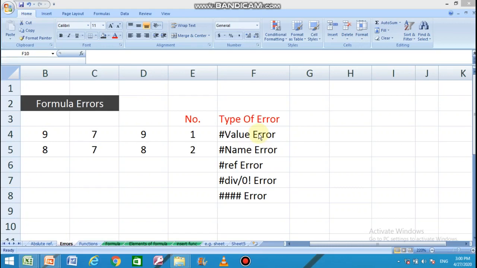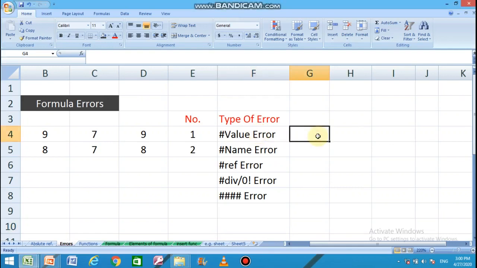Hash value error. The hash value error occurs when the formula contains invalid data. For example, let me show you. Suppose I want to add 9 and 7. The cell address of 9 is B4 and of 7 is C4. Let us type the formula equals to